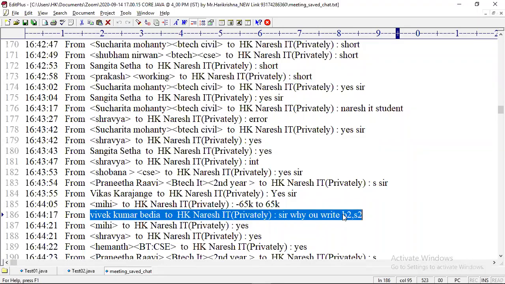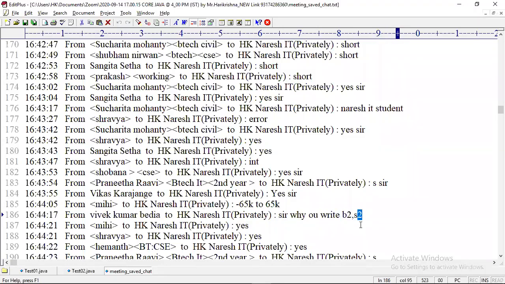Sir, why are you taking B2, S2? Why did the remaining students not get this question? Why are you taking B2 and S2, sir? Mr. Vivek Kumar, are you there?